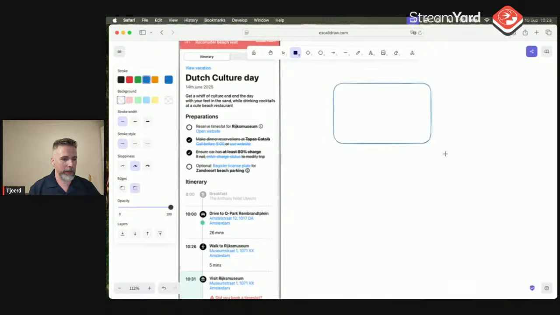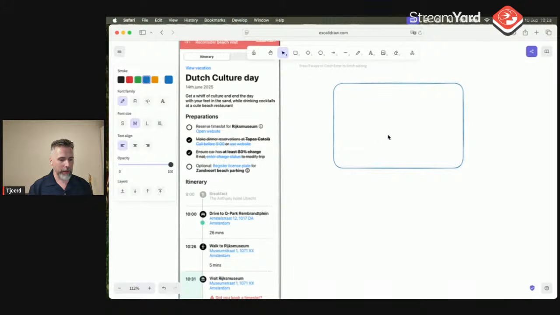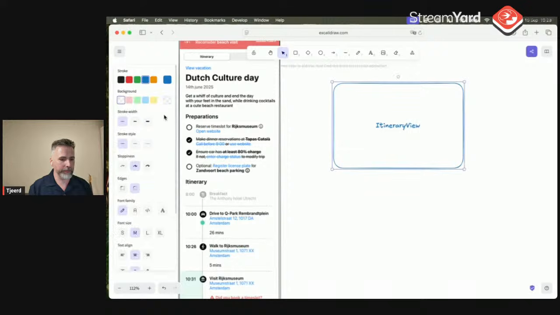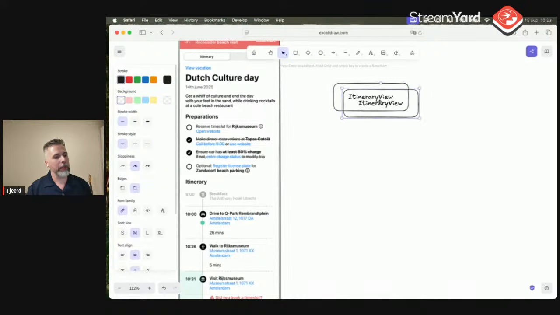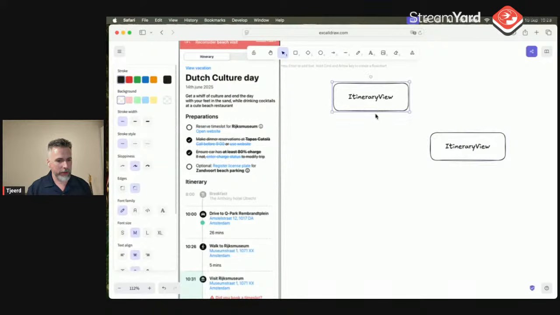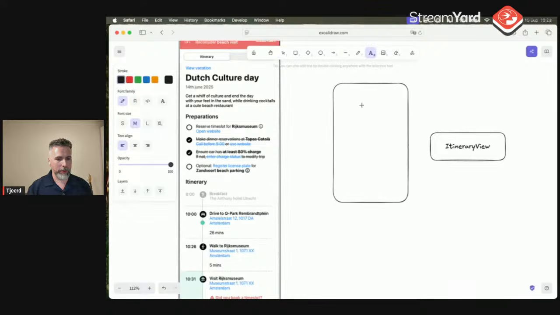So they would maybe say, I have an itinerary view, right? And they would start this way, and actually, let's make this large. I'm just gonna move it this way. Don't edit text, because then I have more room.